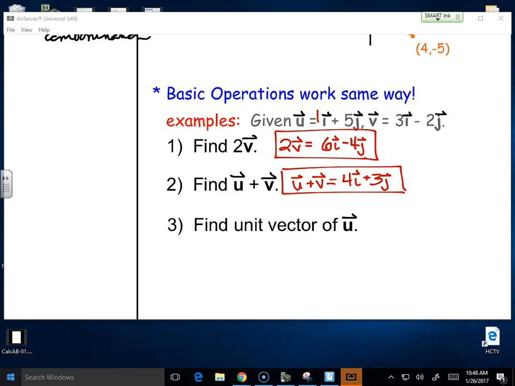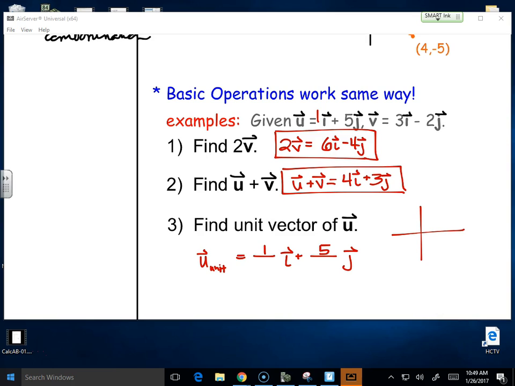Then find the unit vector. Can we do that without a picture? Sure. Let's do u, but let's put a little subscript of unit. The unit vector of u equals. Hold on, before we can do the unit vector, well, hold on. Wait. Can't we start with 1 over plus 5 over? Can't I start there? Yeah. Because my vector is (1, 5), so we could go ahead and do a quick little sketch and say,